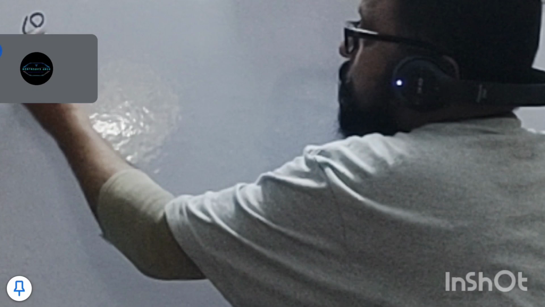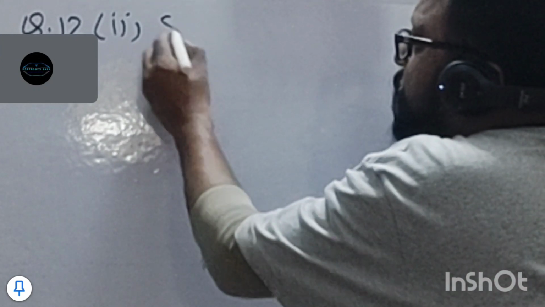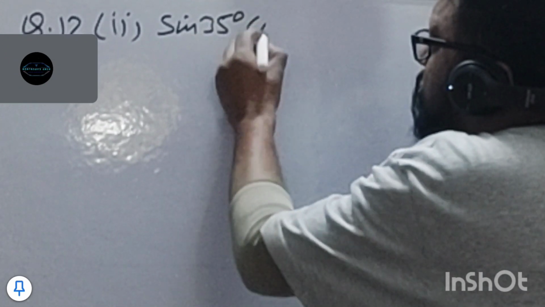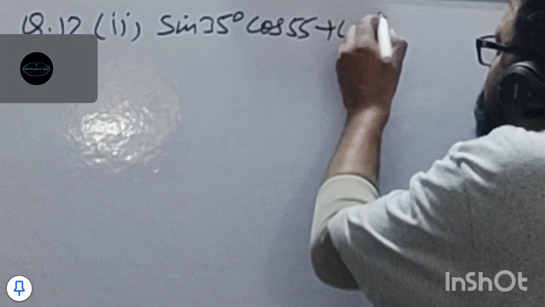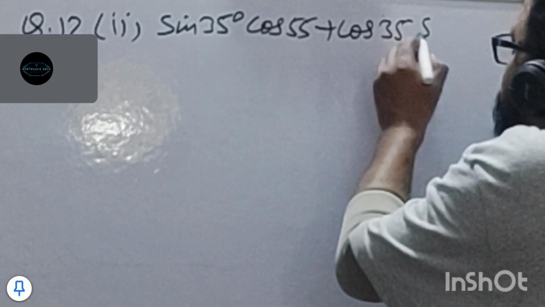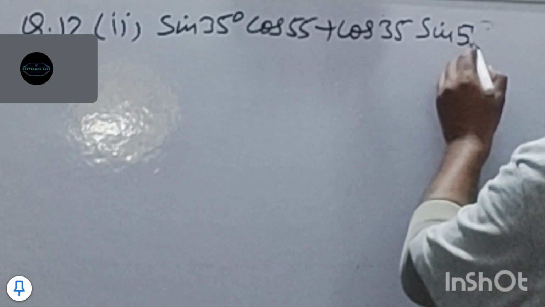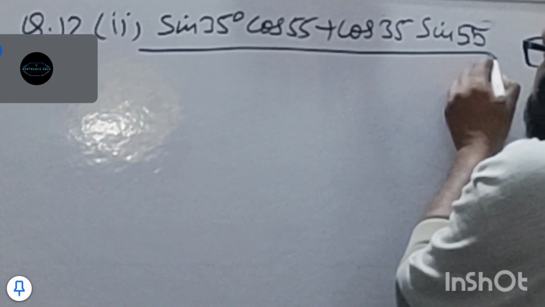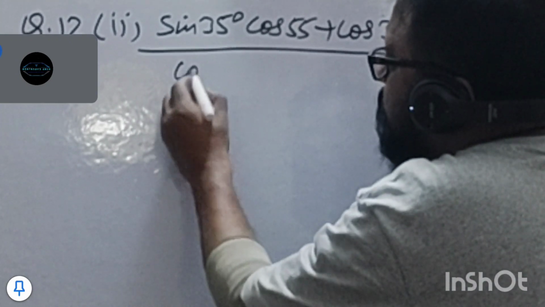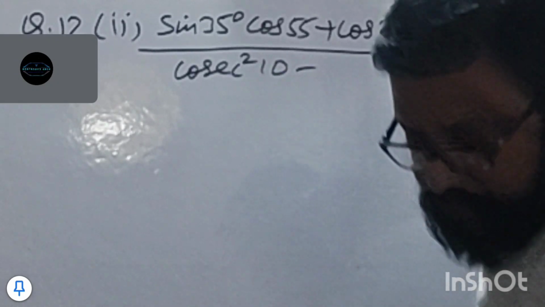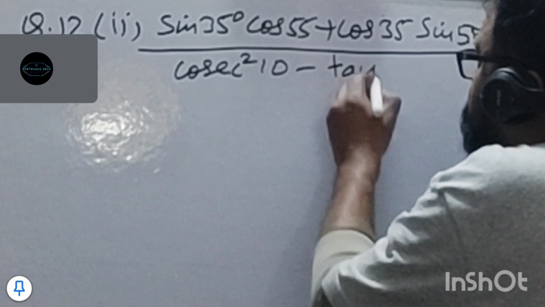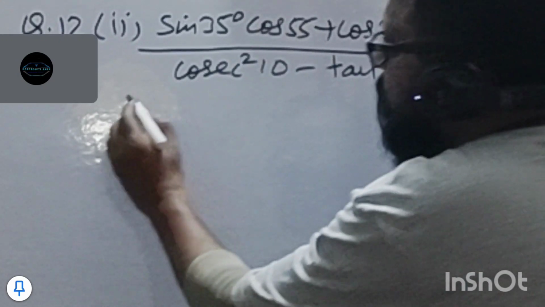Question number 12, part 2. And the question is: sin 35° cos 55° + cos 35° sin 55°, upon cosec² 10° minus tan² 80°. Fine. So now we will write